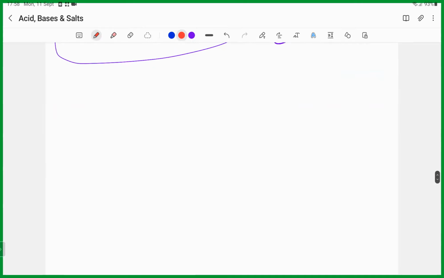A group of students measured the pH of some substances they found in their house. Their results are given below. So what I am doing is